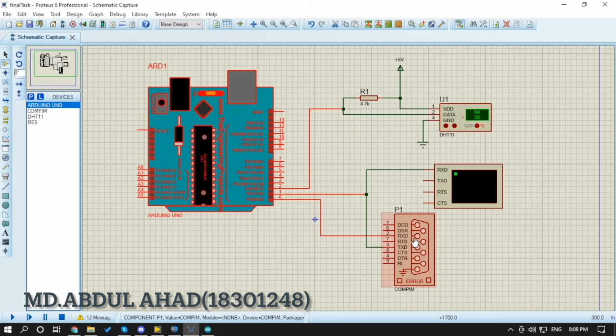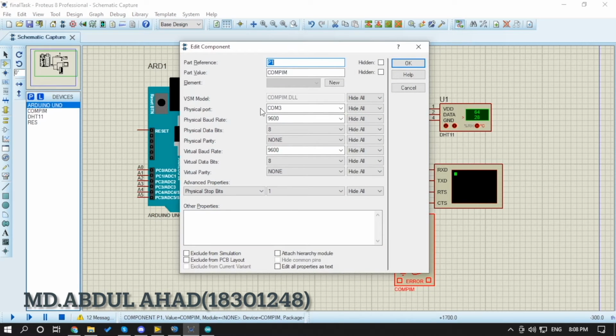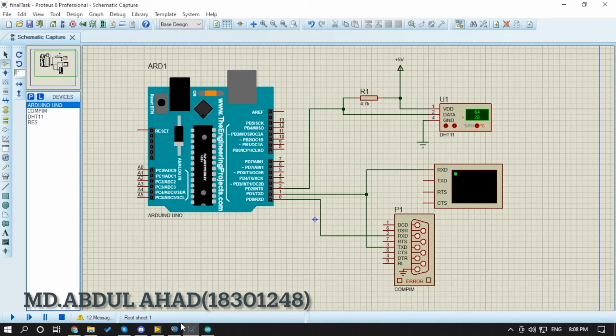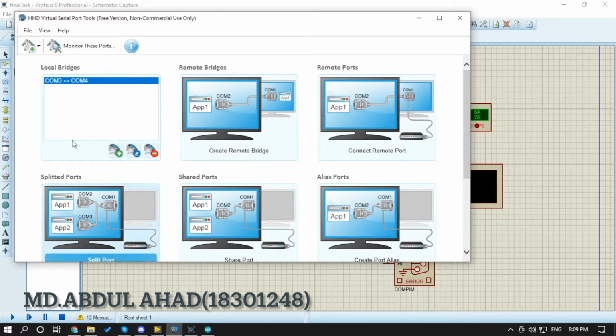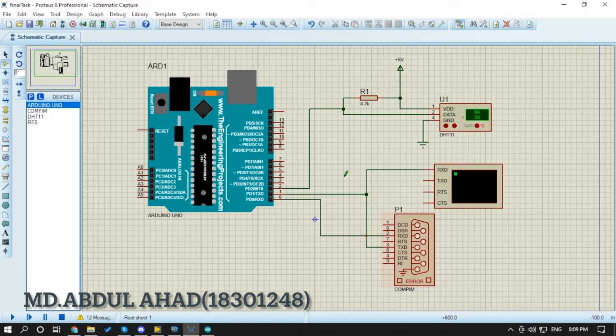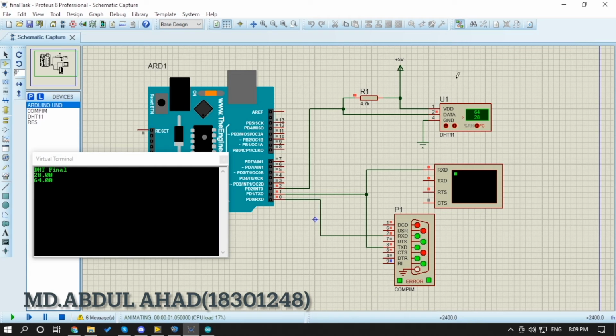We have also configured the physical port as communication port 3, and the virtual baud rate and the physical baud rate at 9600, and we have created the communication ports using the HHD virtual serial ports tool. So we have created a local bridge between communication port 3 and 4 using this software. So here if we run the simulation again, you will see the Arduino will get the data from the DHT11 sensor and send the data using the communication port.